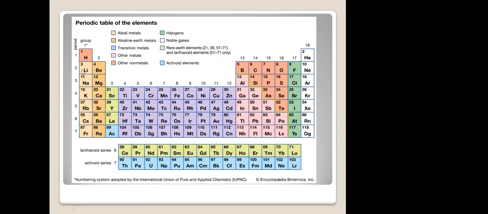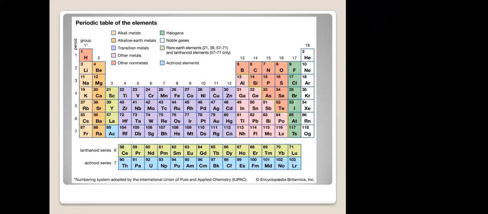Now, further on, if you see this beautiful table, can you see here this group 1, there's group 2, followed by 3, 4, 5, 6, 7, 8, 9, 10, 11, and here. What is group 18? Can someone tell me what group 18 elements are? Noble gases. Very good. Yes, they are noble gases.